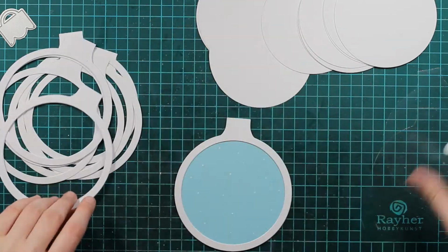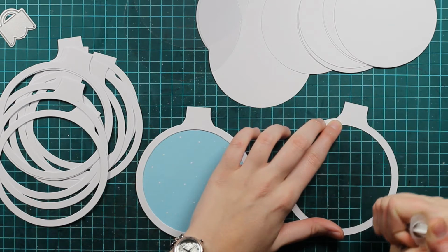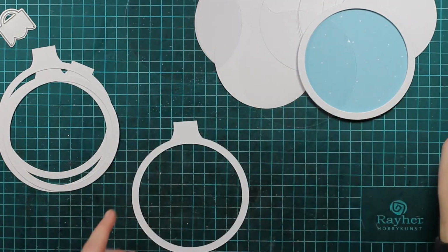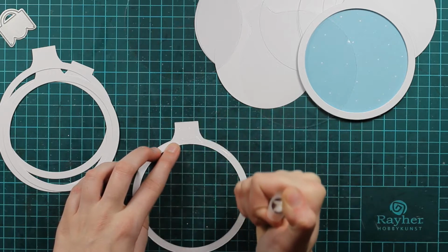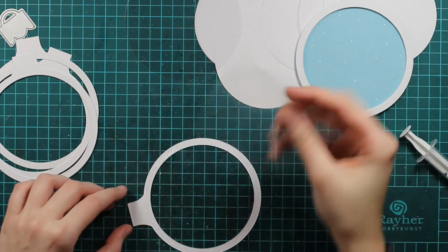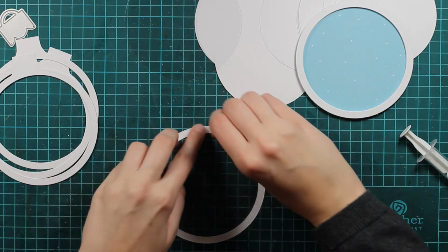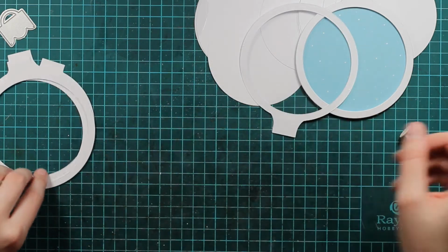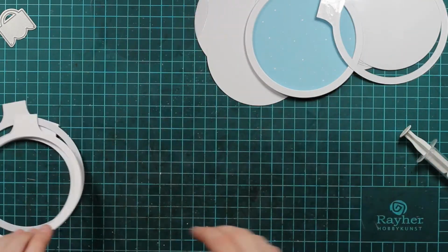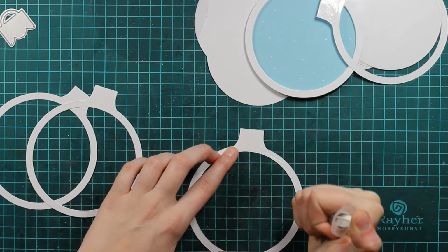I didn't want to use the foam because in my experience it doesn't work so well with this type of double shakers, so I just went with paper, and I will build two windows for my sequins. So here you can see that I will put my first foil there, and I'm using just the same glue for everything, for the foil, for the paper. So right now I am just building my base, and I will make another shaker window